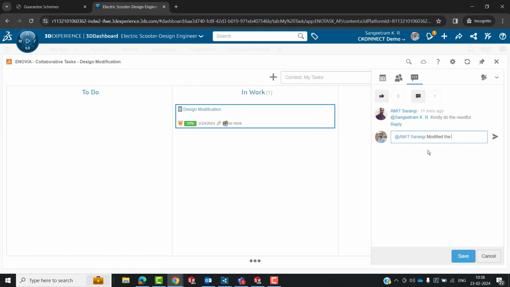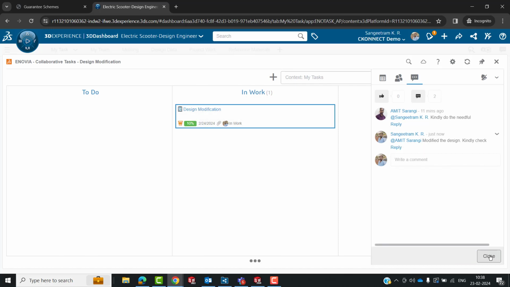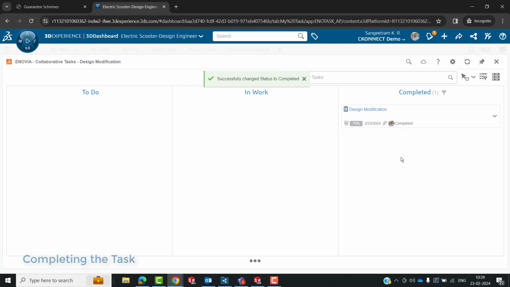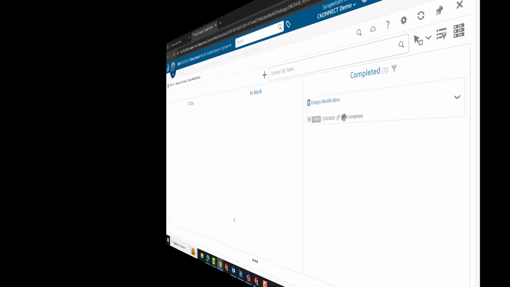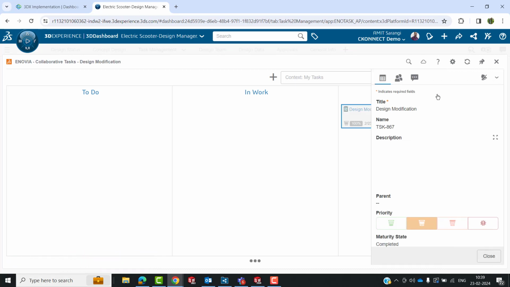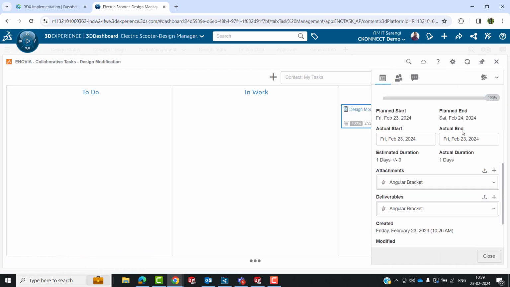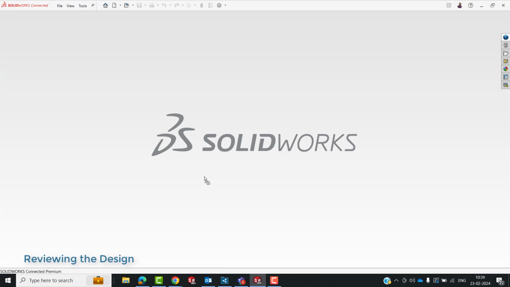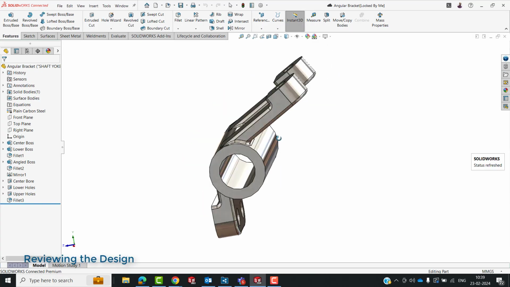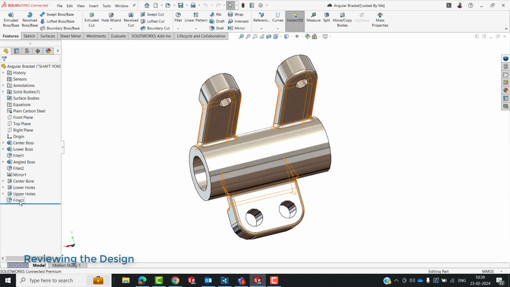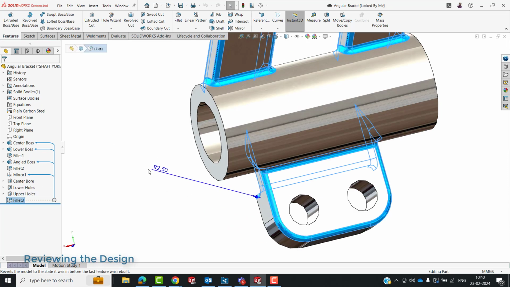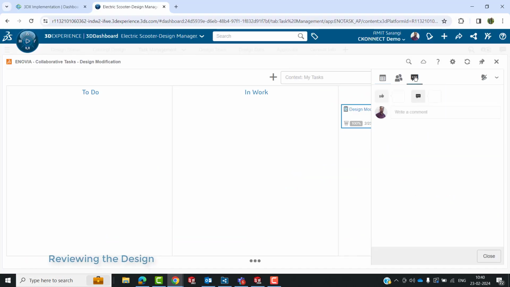And finally, I will receive a notification whenever the designer finishes the task. I can review the design and validate it by simply dragging and dropping the attached file from deliverables into SolidWorks, and confirm the same with a comment. Hence, this is how the team can communicate with each other extremely successfully and complete the design work quickly.